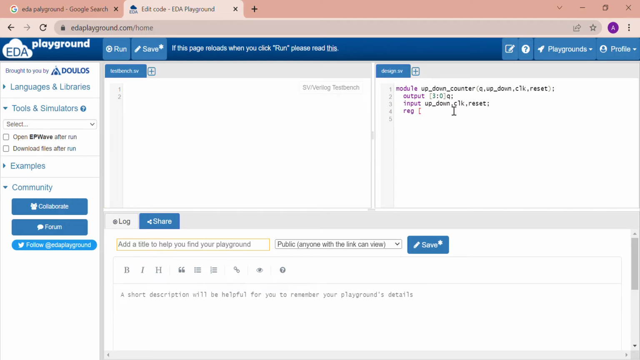We will see reg [3:0] q and initializing it to 0 value, then always block at the positive edge of the clock. Begin, if reset, then begin, q will be assigned as 4'b0,